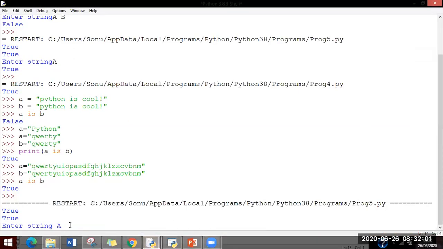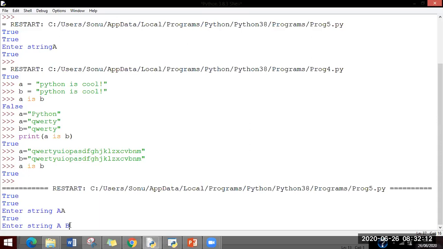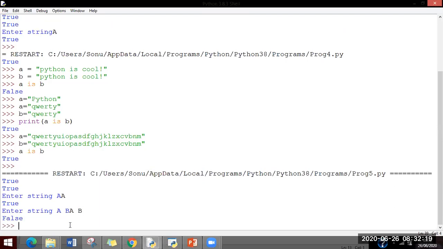But suppose now I'm taking the value of input from the user, and I'm supposed to take A as an input. So I've given just A, and I hit enter, then I will get the result true. Now, if I give A space B, this will give me false. The basic motto of making you understand over here is that your string may be as small as it may be, but if you have given some longer strings, longer than one word, which has some spaces,